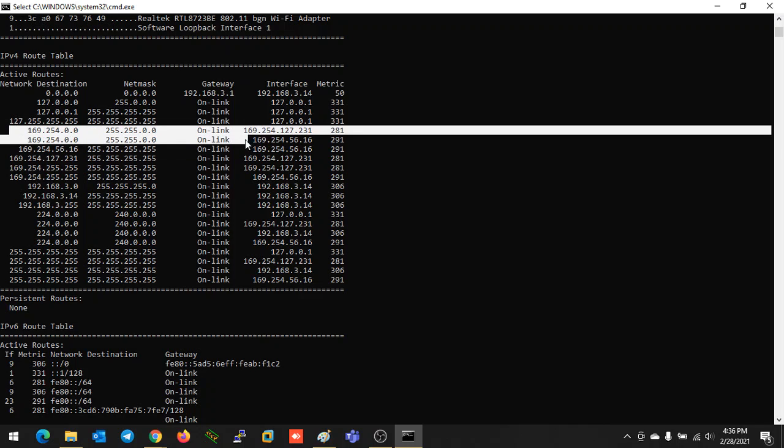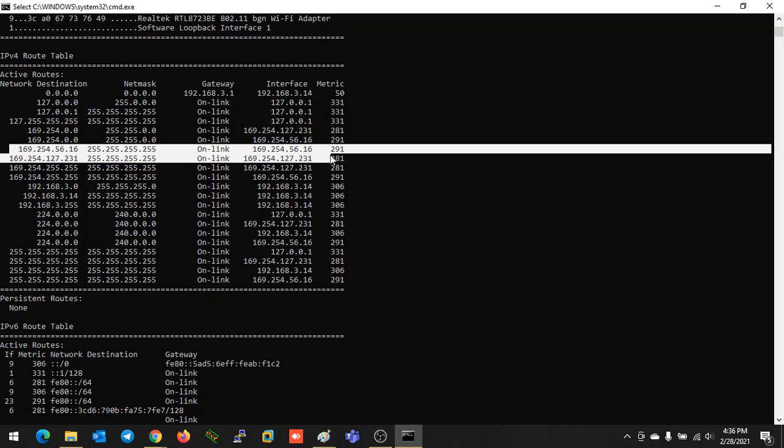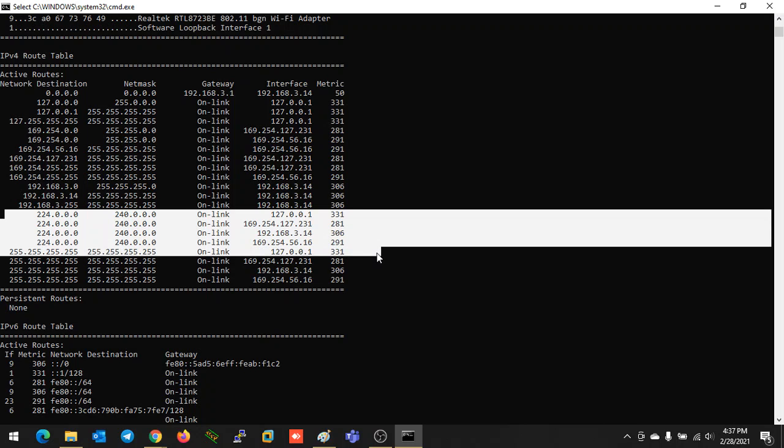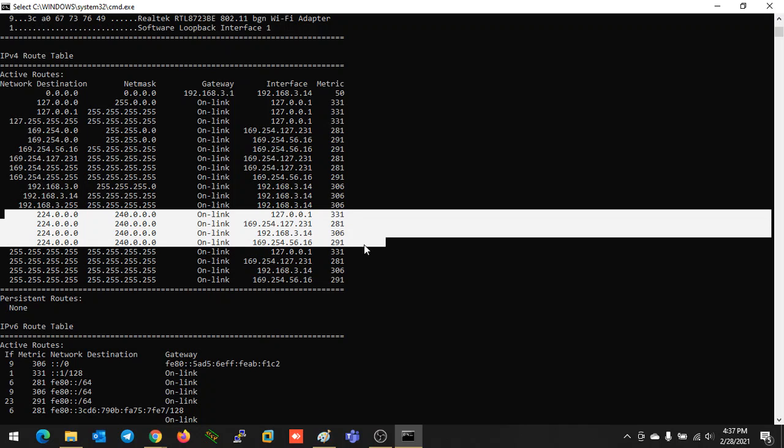This is for APIPA, and this IP address has been assigned to my device. I have some other network adapter also, that's why it's showing. You can see this 224 range: my device is already assigned with some IP address from the 224 range, which is known as multicast IP. Here I am not finding 224.0.0.1; if I could find it, I could verify with you.